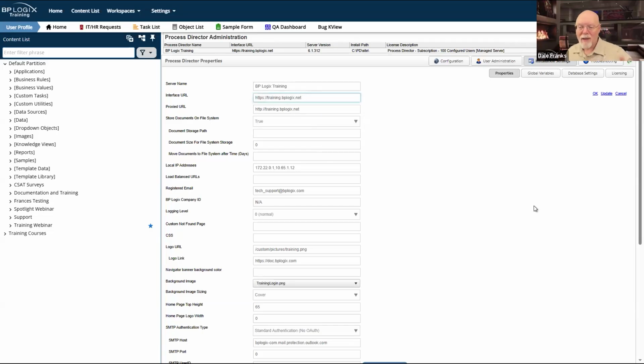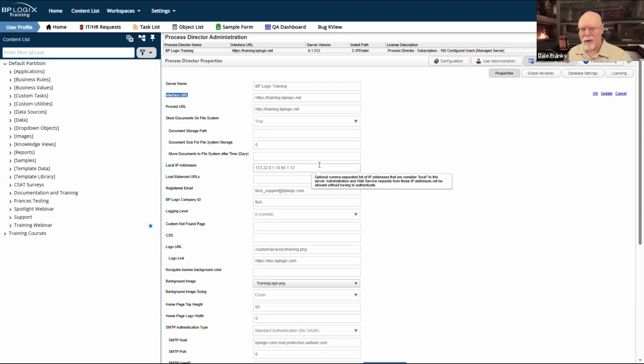No trailing space. That's super important. Not trailing space, but trailing slash. It is super important that you do not do that, because there's a system variable that gets created called, oddly enough, interface URL, which you can use anywhere you need to generate a URL. Like if you want to show a knowledge view, I believe the page is kview.aspx. Well, you can just use the interface URL system variable slash kview.aspx, and it'll bring up that knowledge view page.